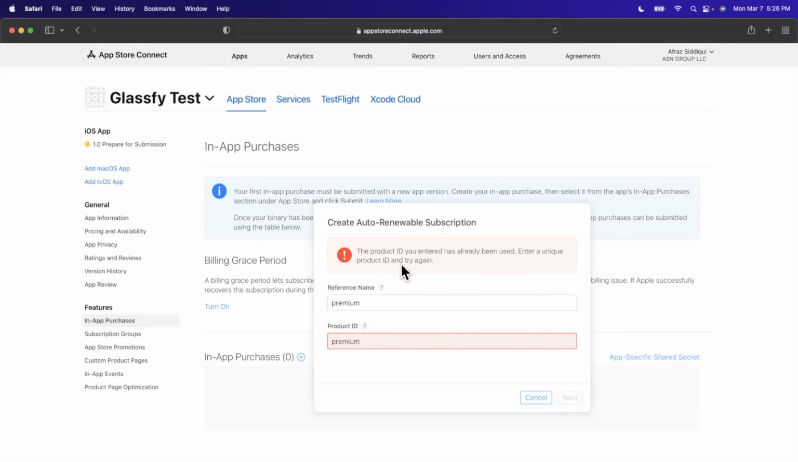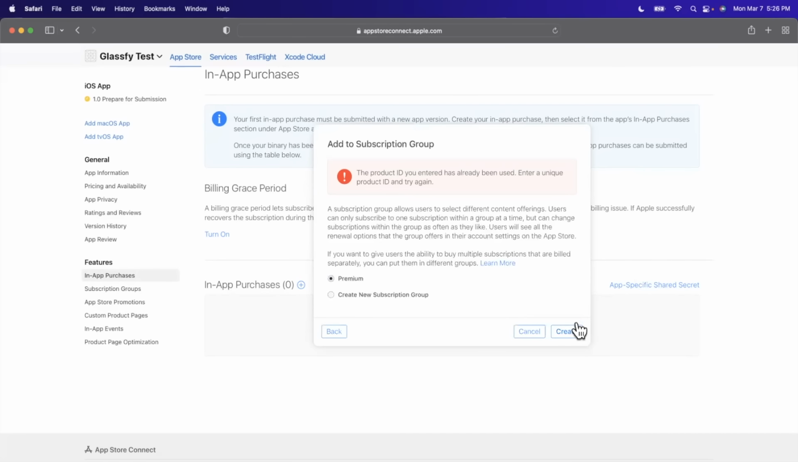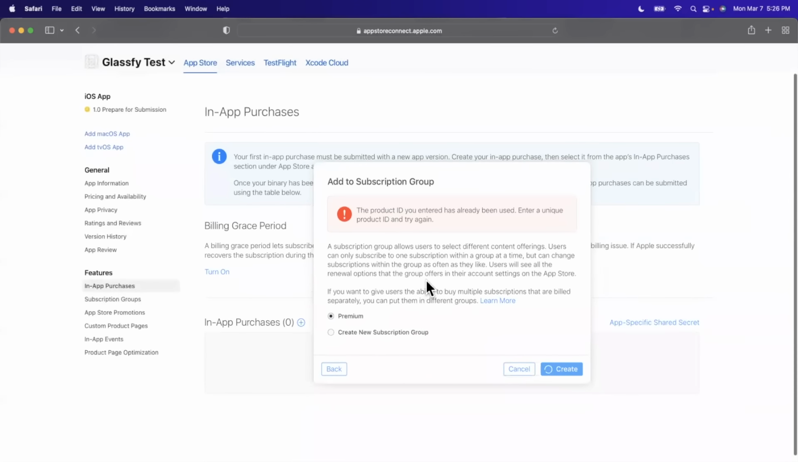And if it yells at you for any reason, the product you entered has already been used, we can go ahead and simply tweak it. So let's actually call this, instead of premium, let's call it gold. And we'll actually change that in our code as well. So let's go ahead and continue, and that should be able to create it for us,